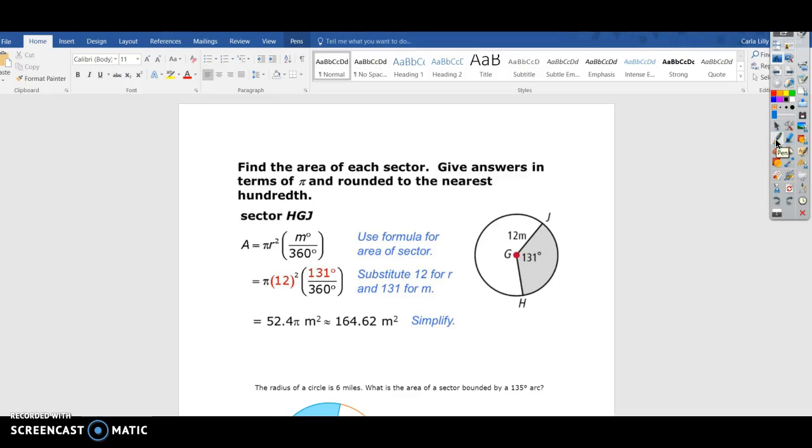Hey guys, so today we're going to talk about the area of a sector, and that is very similar to the area of a circle, which we have already done. So hopefully you're going to find that this isn't too bad. So the area of a sector